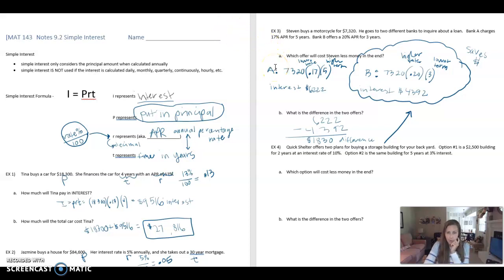Last one, example 4. Quick Shelter offers 2 plans for buying a storage building for your backyard. Option 1, Option 2. This is very similar to example